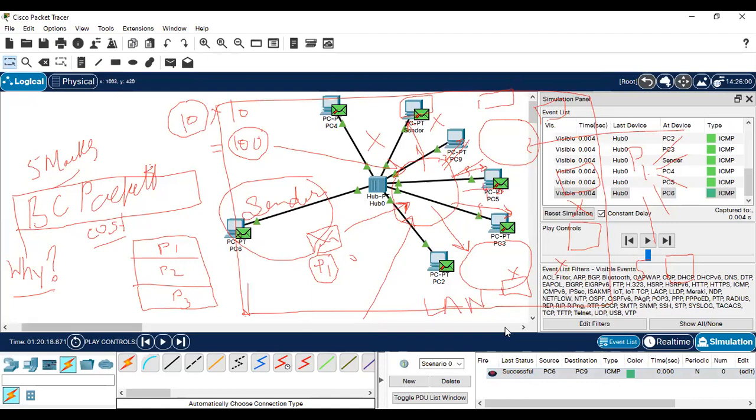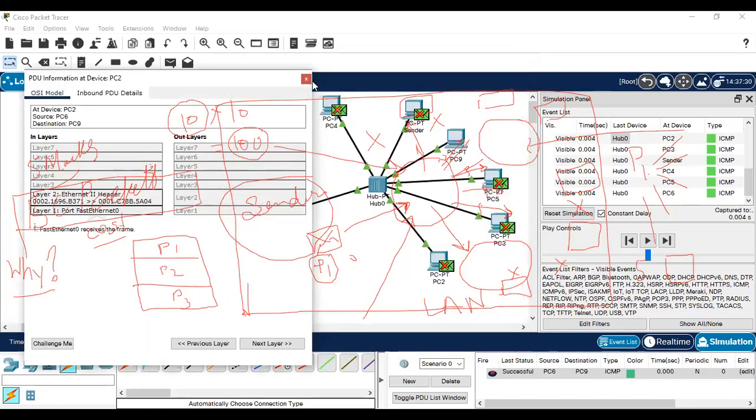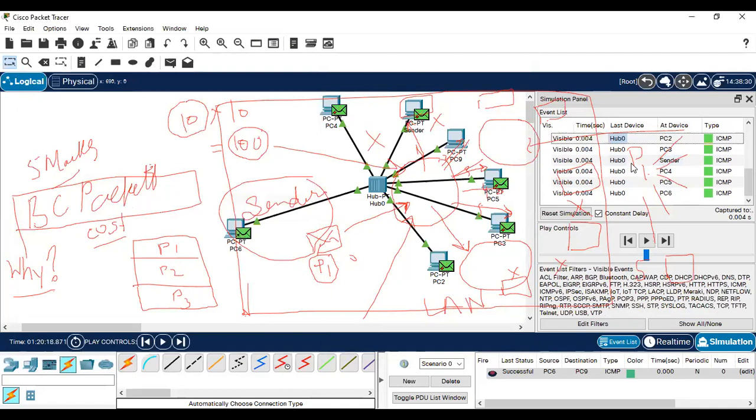So this is the animation behind it, and this is how a hub works with layers. It works in the physical layer, and this is the step-by-step way of working. You can see it reaches the hub.